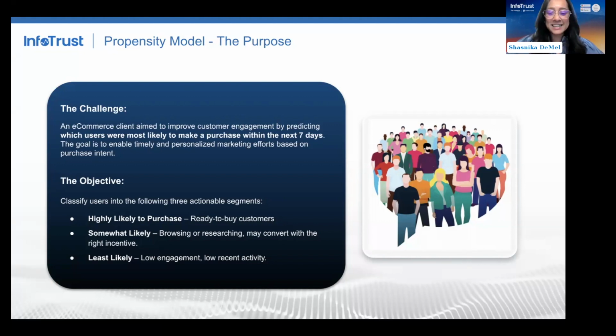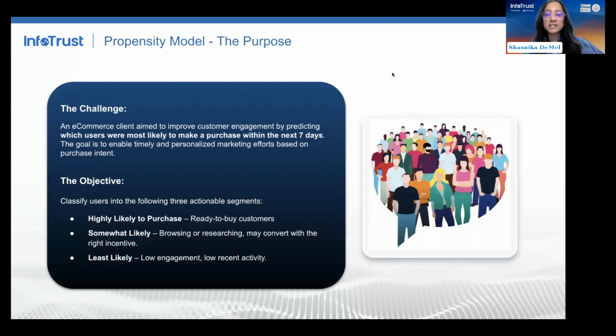So this is awesome. In this example that I'm showing, let's say we have an e-commerce company and they want to classify users by their likelihood to purchase online in the next 7 days. And the goal here is to prioritize outreach for the highest potential users and avoid wasted spend on low intent users. And let's say you want to, as a business, be able to classify those users in these three buckets over here. This is all possible.